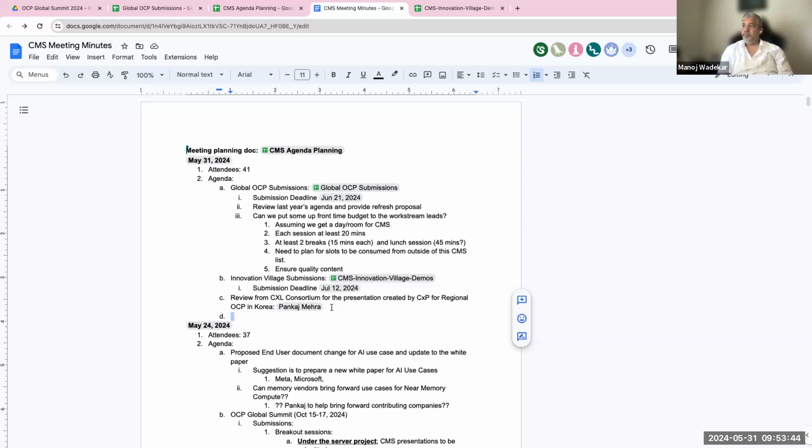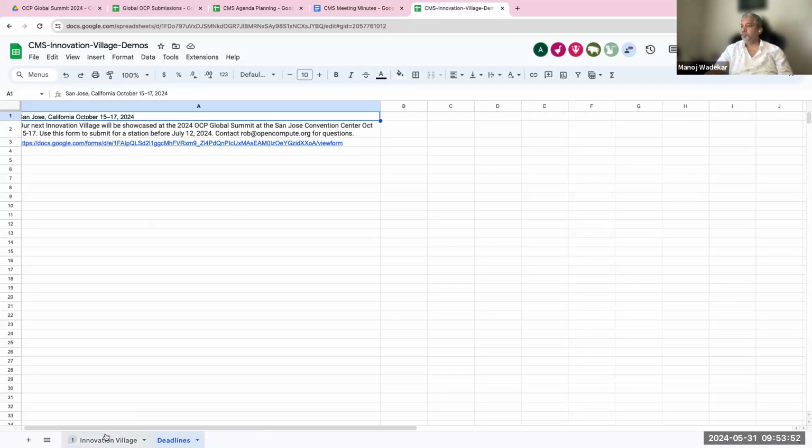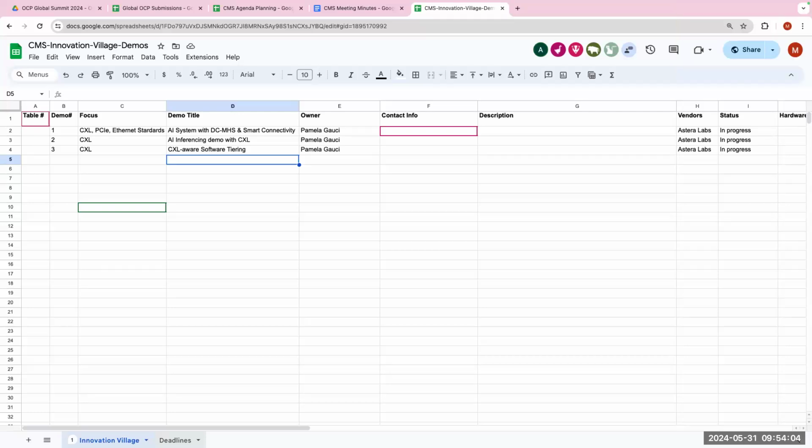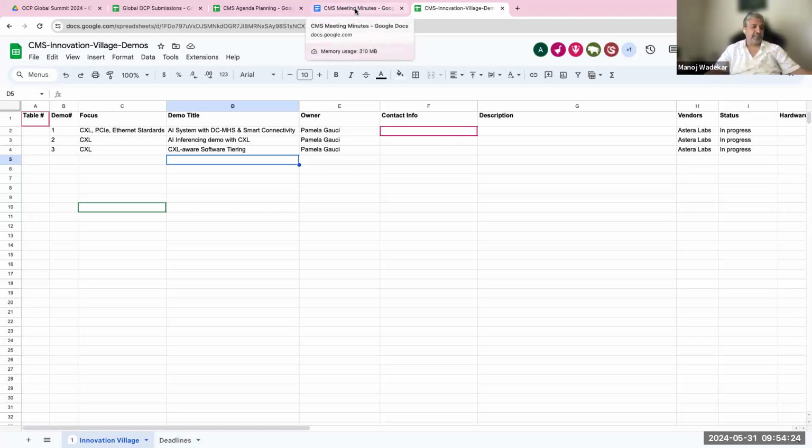Okay. I think we covered the innovation demos and we'll work on that sheet. People have access to this document also. Feel free to add. So are you thinking also of pulling last year's demos and pinging people? Yeah, that's what I'm thinking too. I will approach each one of them. I have the email list and will ask them directly, because some of them might not have attended today. It was a great event last year. Yeah, it went very well. And this year, hopefully, it will be even better because there are more products out there now.